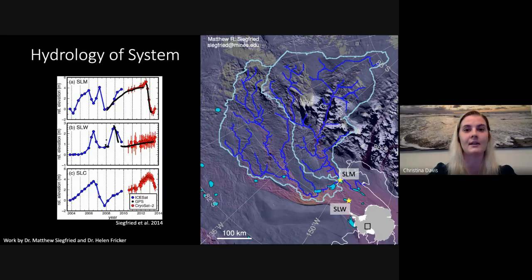So this was discovered about 20 years ago, that subglacial lakes exist, and it's based off of GPS and satellite imagery that noticed changes in the rise and fall of the ice sheet. So when the ice sheet was rising, these lakes were filling with water, causing a buildup and pushing that ice upward. But as soon as they start draining, you can see that the ice sheet then begins to go down. And so this cycling process depends on the lake, but it could be impactful to the microbial community that we're seeing in each of these lakes.